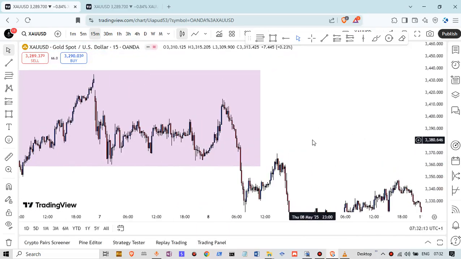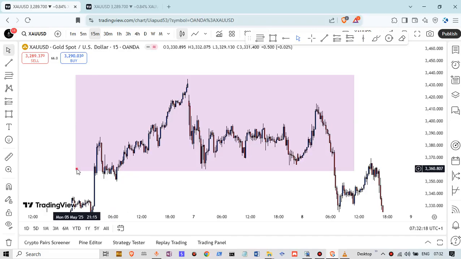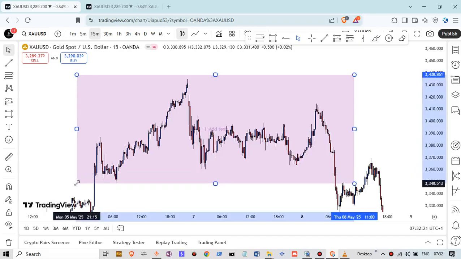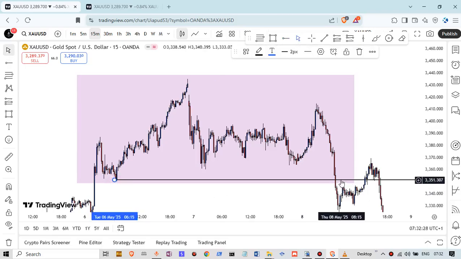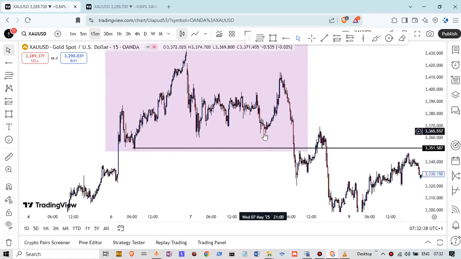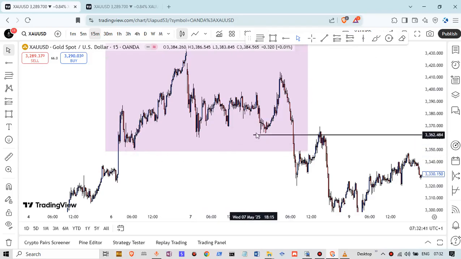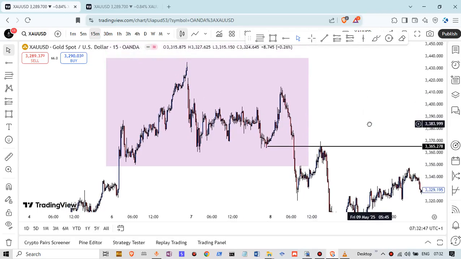If you look at this whole thing here, I was telling you that I would be very comfortable to have taken my trade when I see that this low here has been broken. So when I put my line here, if I see that the low has been broken to this side over here, then I'll be comfortable to take a trade. And how will I enter the trade? A sell trade is that I will just wait for price to come back to touch this point here. You can see how price came back to touch this point here and so downwards. Do you understand? That's one way I would have taken the trade.